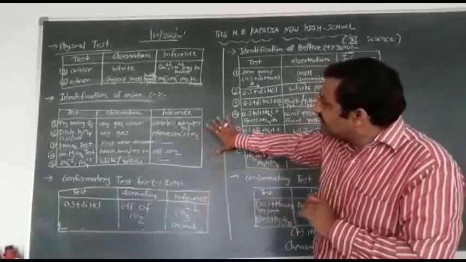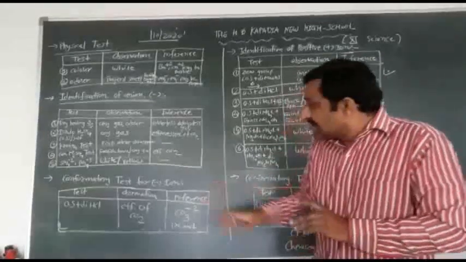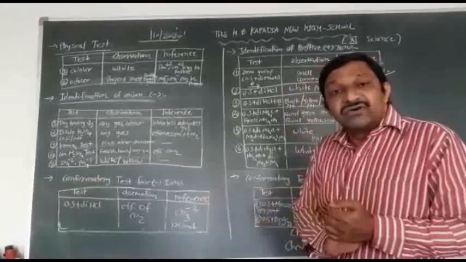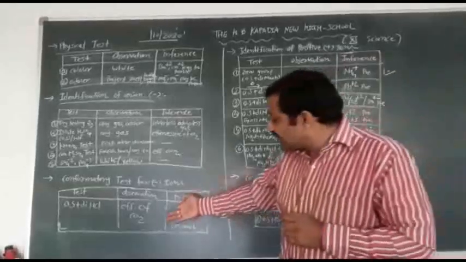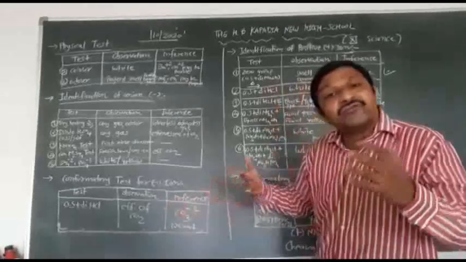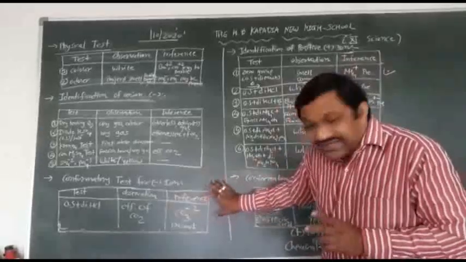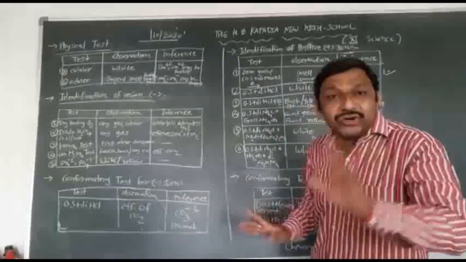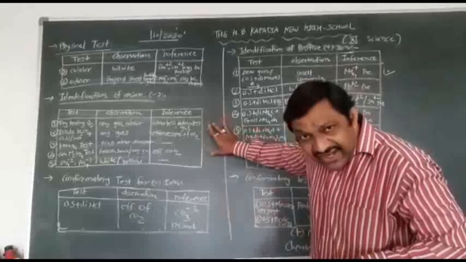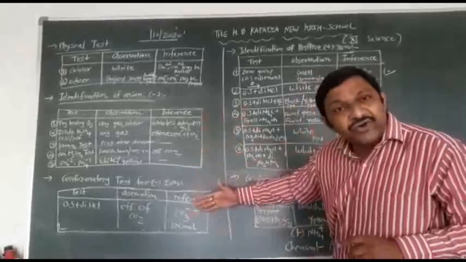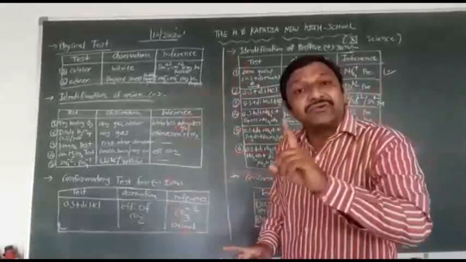Clear? So identification of anion, then confirmatory test for anion. Now OS plus dilute HCl. When you perform the confirmatory test with dilute HCl, again carbon dioxide is liberated. So again in this test you will confirm carbonate CO3 minus 2 is present. So here is your identification of anion and then confirmatory test for anion. CO3 minus 2 is present in this practical as a negative ion.